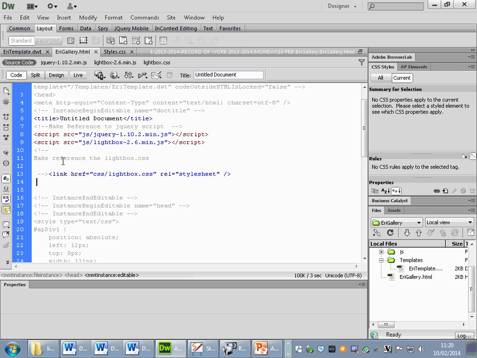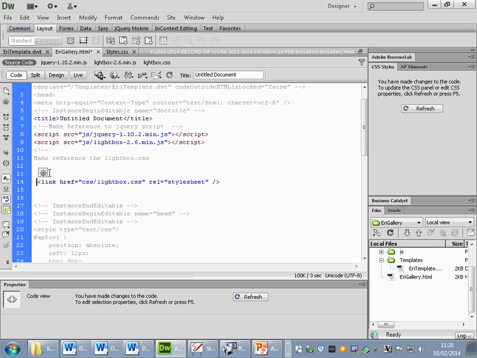By the way, is this code added in the comment part? Oh no, the comment is finishing here, so that's fine. Where are we now? Where is the mouse? The mouse is inside the head, right? So while we are here, if we make the reference to the CSS,